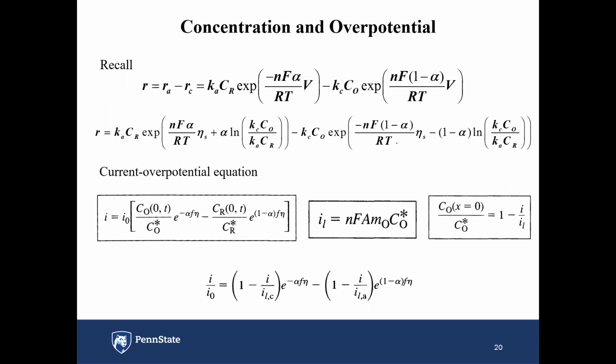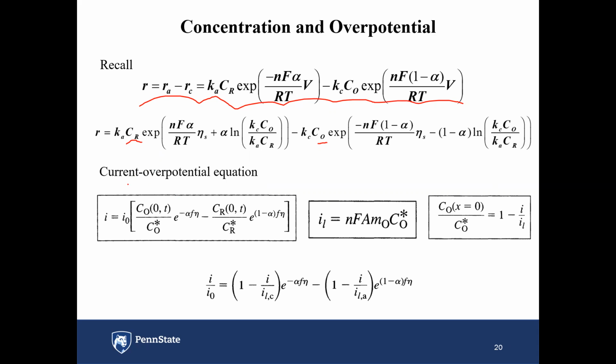And lastly, we want to talk about the concentration and overpotential. Remember, we have already derived the flux in this relationship, right? Flux is equal to the forward minus the backward, anodic minus cathodic. This is what we already got. And one more thing we should notice is that here we have a concentration term. If we want to convert it to the current,